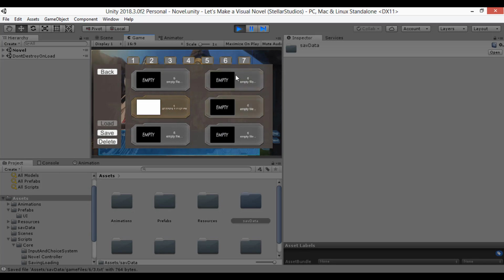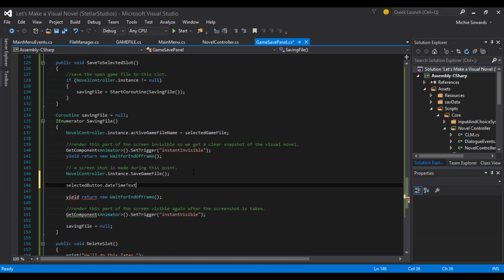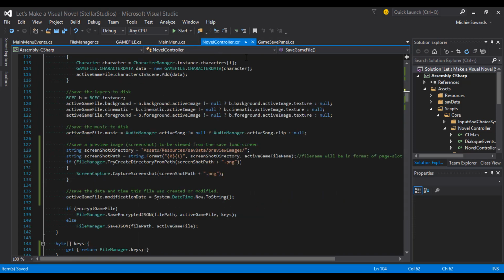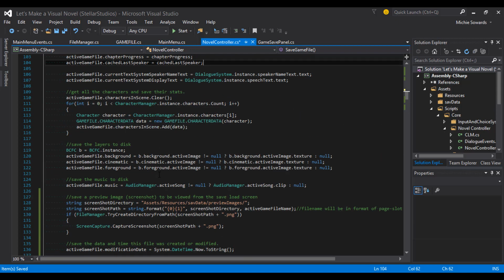It's that white image. Now, in order to get that picture, we'll have to set it after we save the file. So selected game file, date, time, text, we set it immediately so that way that updates. We don't have that no file found error message, and we can come into the save right here where we